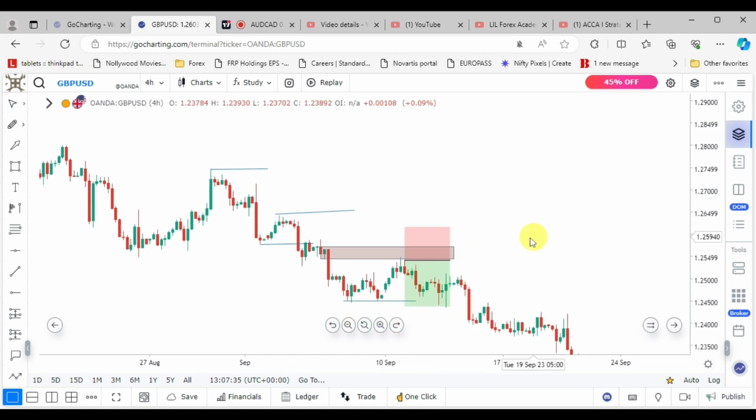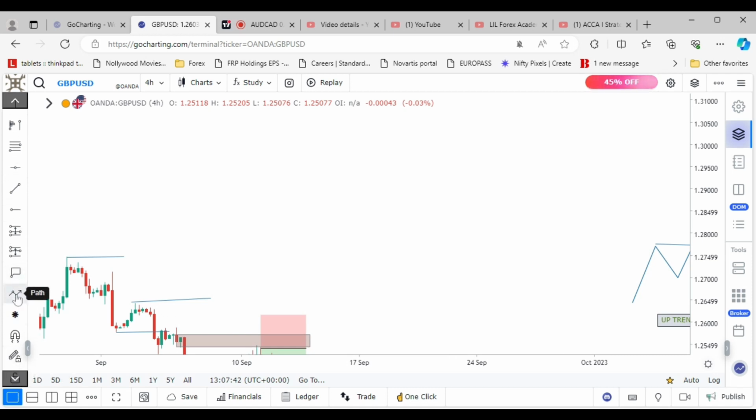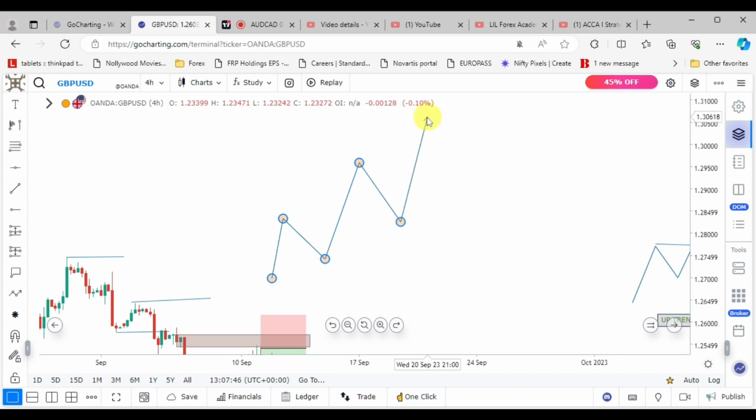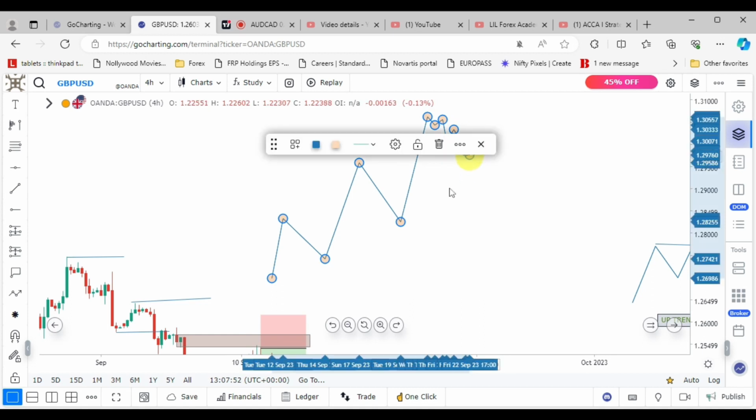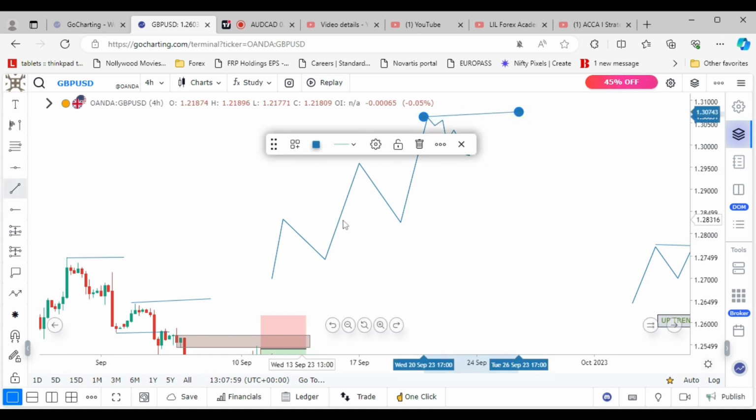Alright, so this is just a simple strategy. Know your market structure. I'm just going to do that again. The market continues to give you higher lows. When you have this and you see the market coming down 3 times, 1, 2, 3, the next thing you have to do is to mark your high, mark your low,